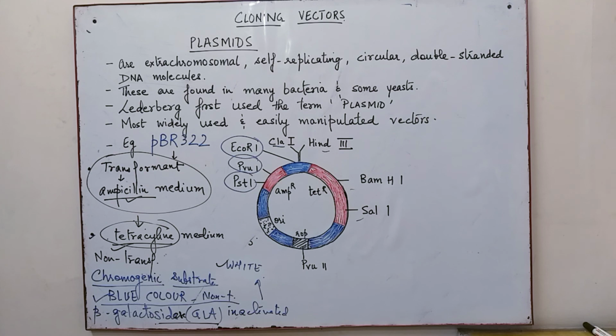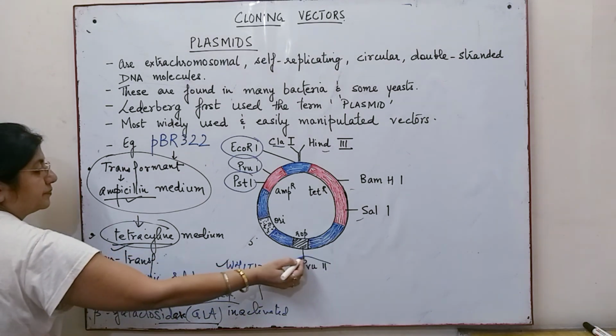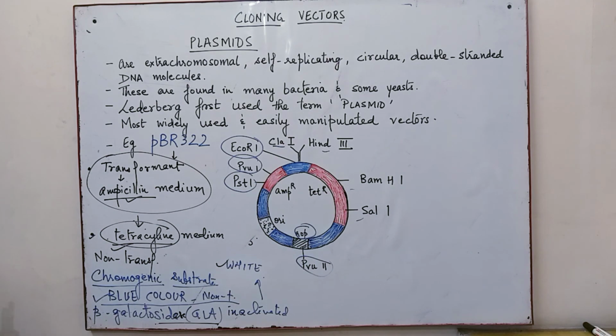Now over there is a term, this ROP. ROP codes the protein which is involved in the replication of the plasmid. AMP and TET are the sites for the resistance against ampicillin and tetracycline. The structure of pBR322, its explanation is a very important topic because it is a very important cloning vector which is used in recombinant technology.